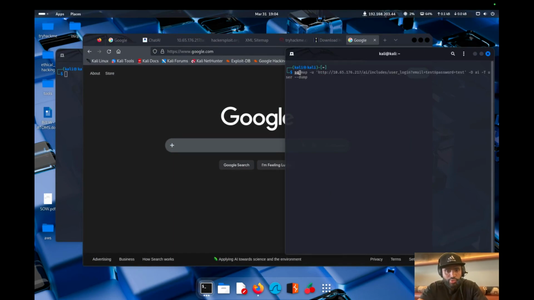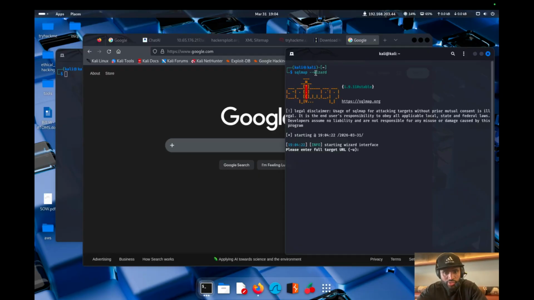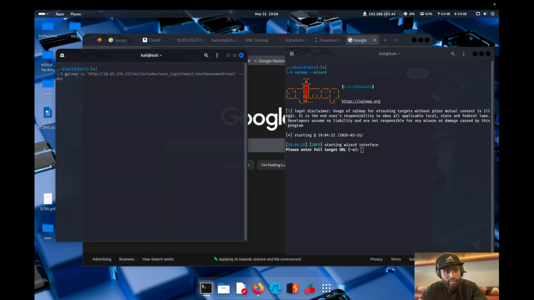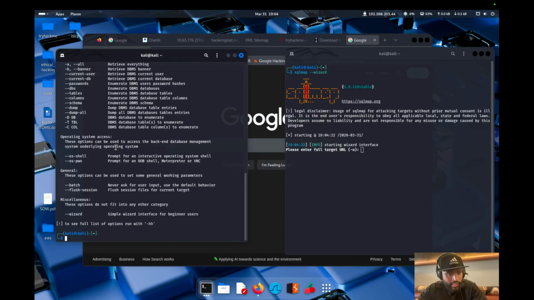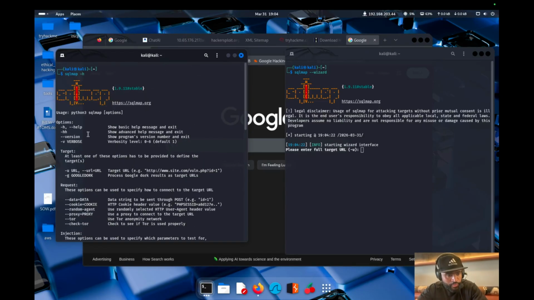So if I just put sqlmap --wizard, this starts the attack, and it guides you through what you should be doing. It says please enter full target URL. If we do have our target, then you just put your target and walk through it. But to understand what exactly we have, we can just put sqlmap